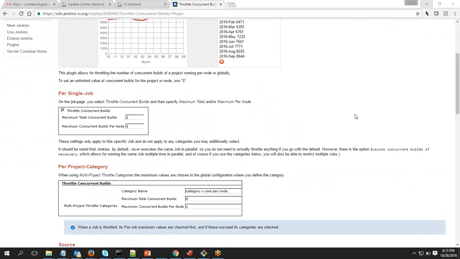But if the node on which this job is going to run has only one node, or the group has only one node, and there is only one executor, then what will happen? There is no use, right? So you have to match it in such a way that the node should be able to run the job